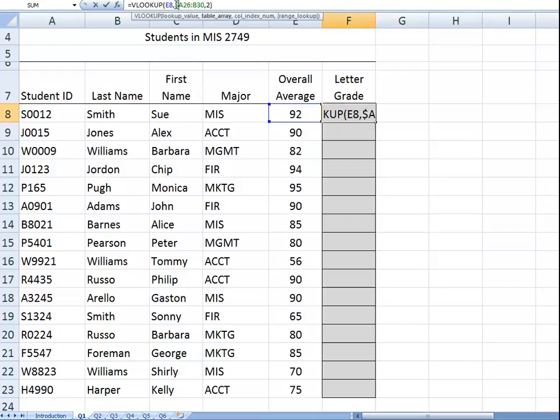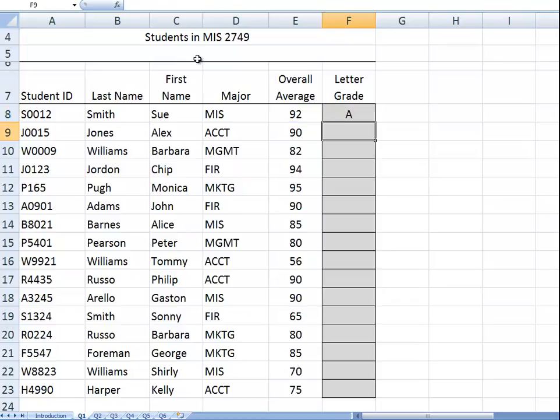When we put the $ in front of half of the address, the column will not change, but the cell itself will. Right now we don't want any of this to change. We're going to fix it at A26, which is the upper left corner of the table. And we're going to end at B30,